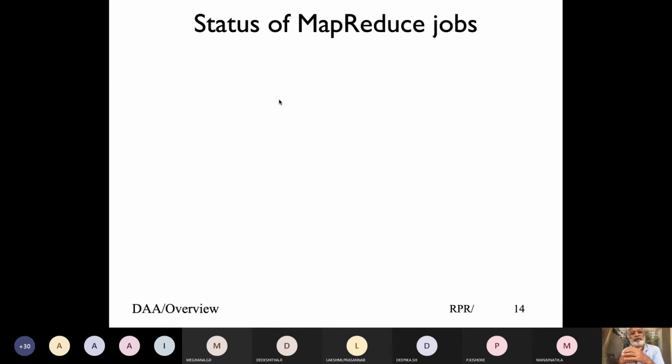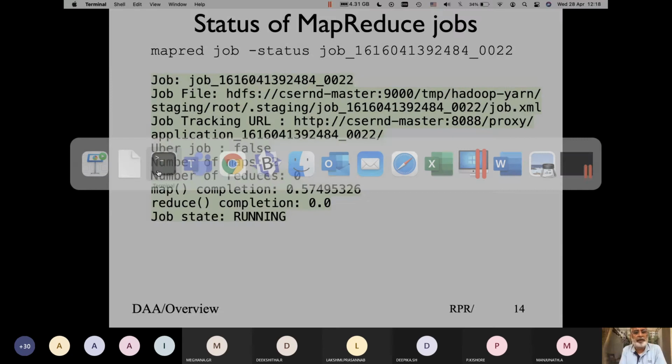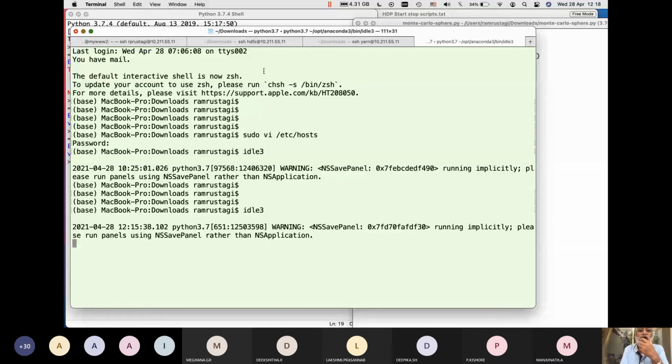So I'll probably say set it up and look at it yourself. Given a job, you know the job ID, and then you can run the command with the job ID, and it tells you what has happened to the job. And that's the way we can even look at our jobs, what we had done.